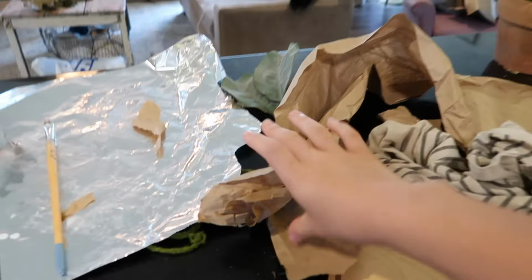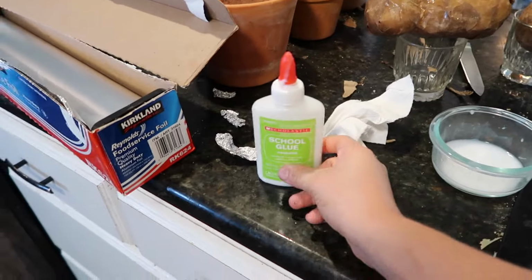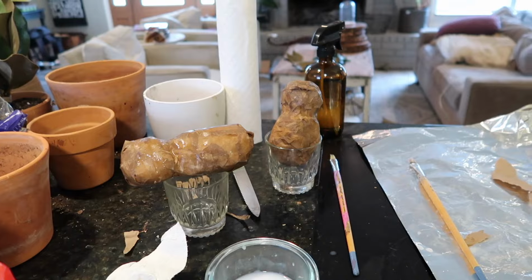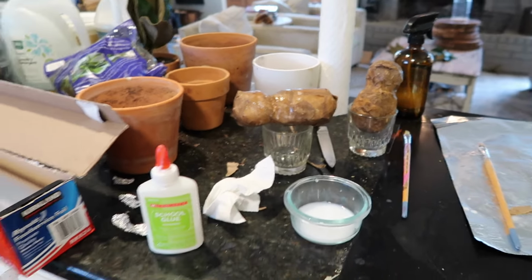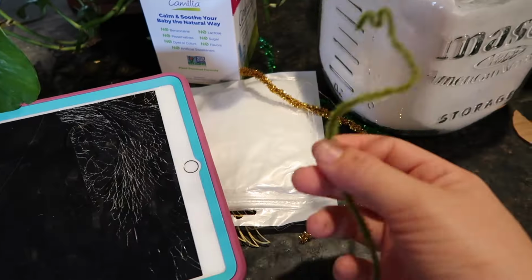Just had some white paper from packaging that we have lying around, some glue and water, and it was fairly easy, just super time consuming. We did use tin foil to hold up the base,